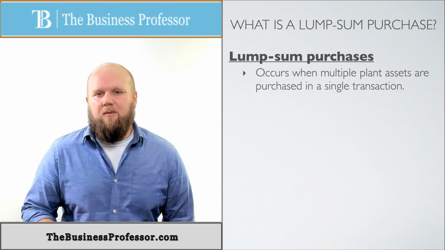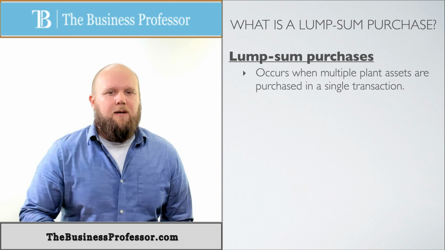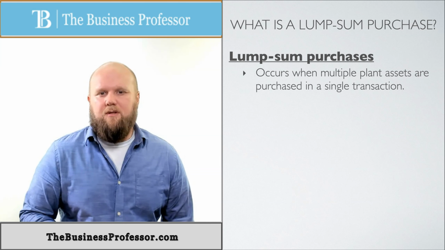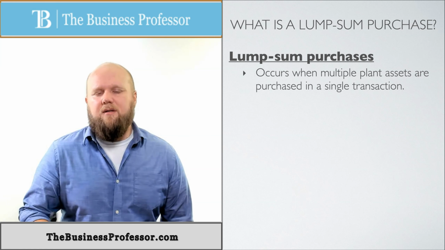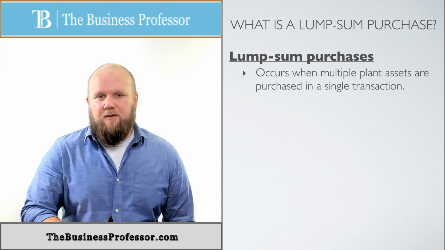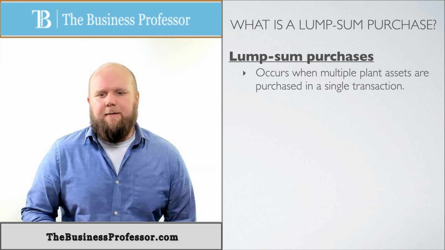In the last video we talked about, what if I just purchased a vehicle? Or what if I just purchased a computer? What happens when you purchase a business? You're going to get the buildings and the vehicles and the machinery and the inventory and all this other stuff that comes with it, but you're going to pay one price for it. But what we have to do is break that price, or that cost, up and put it into the categories of the asset. So how do we do that?